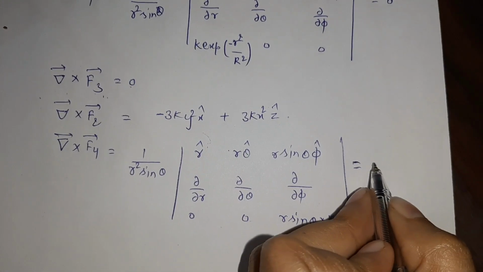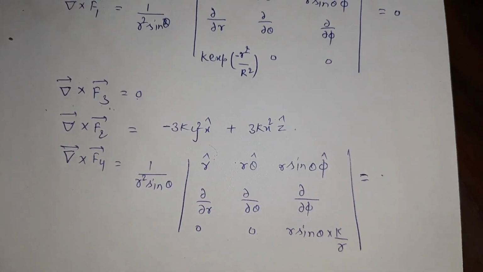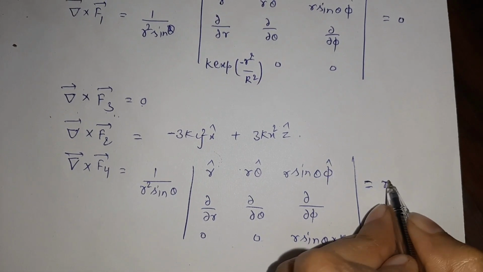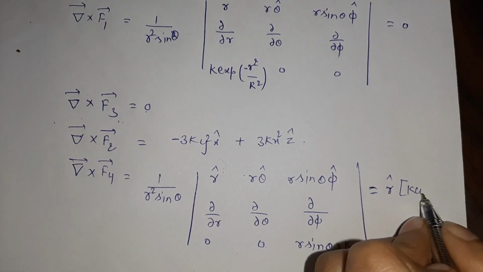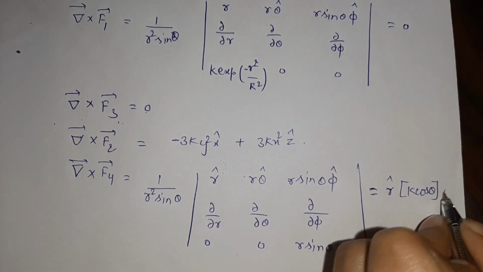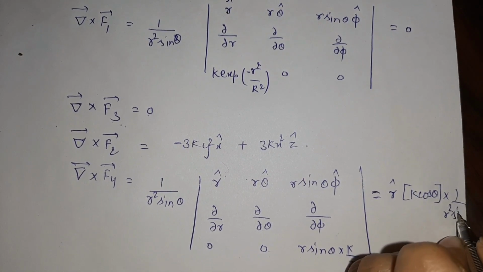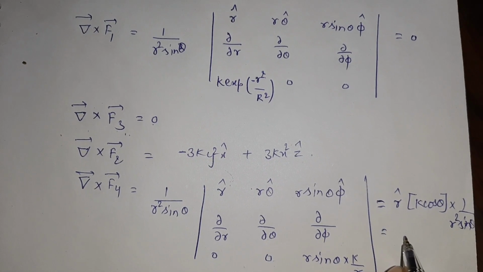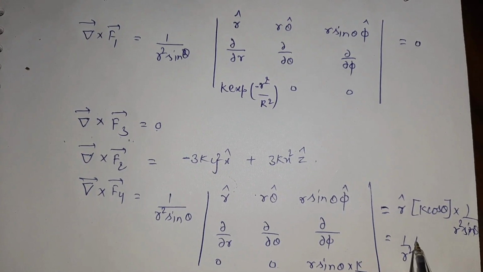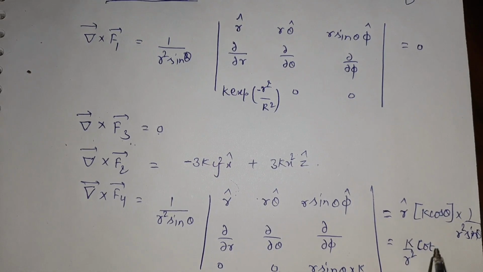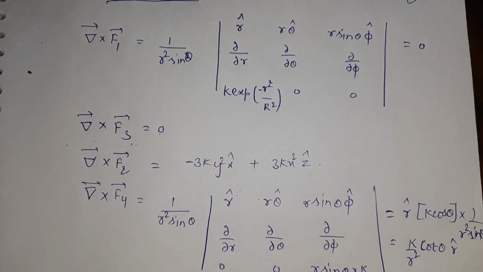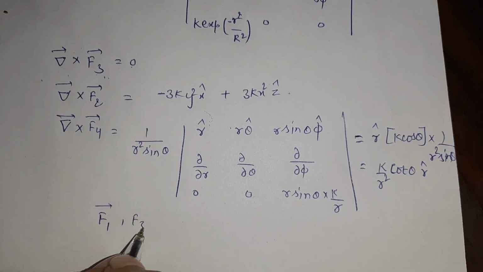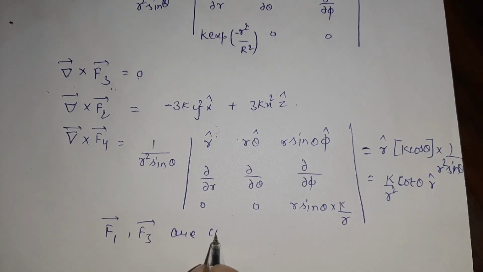Okay, so what will we get? We will not get 0. We will get r cap k cos theta multiplied by 1 by r square sine theta, or maybe you can write it as k by r cube cot theta. Okay, so we can see that F1 vector and F3 vector are the conservative forces,